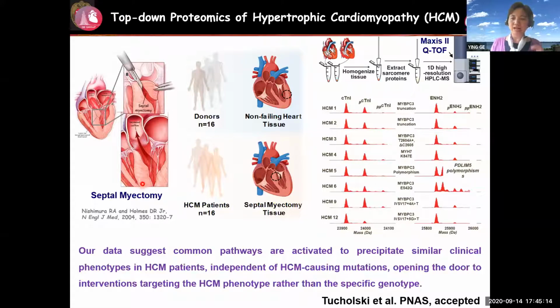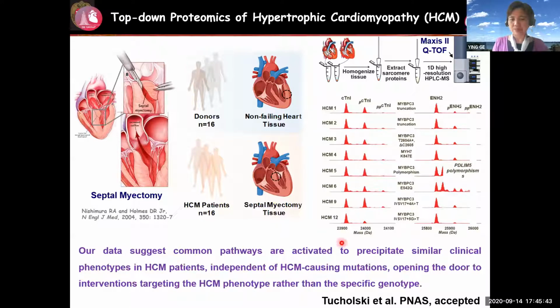Because remember, this hypertrophic cardiomyopathy patient has very thickened heart muscle, and they eventually block this blood circulation. So at this stage, this surgery has to be done, or else they cannot survive. Okay, so we got those small pieces of heart tissue from the septal myectomy surgery, and to our surprise, we